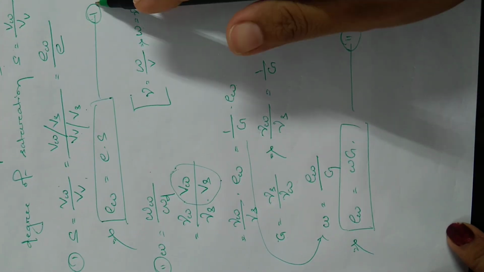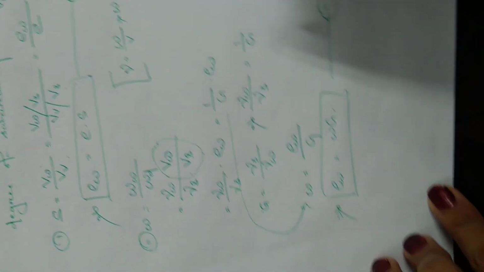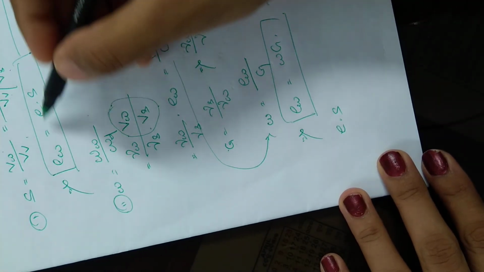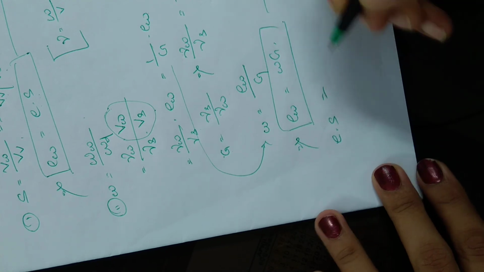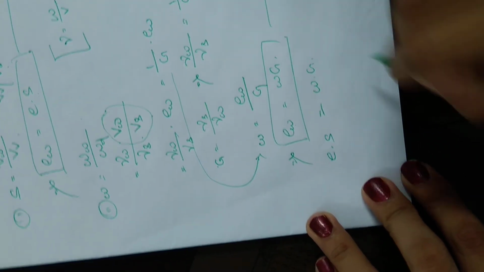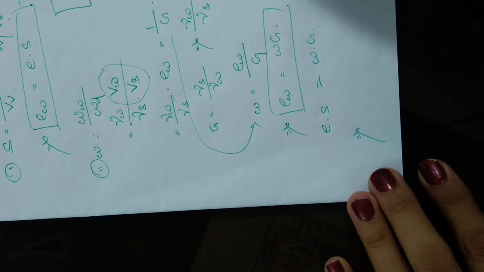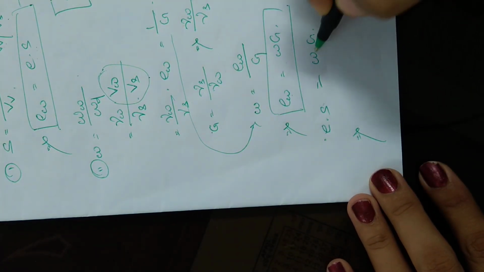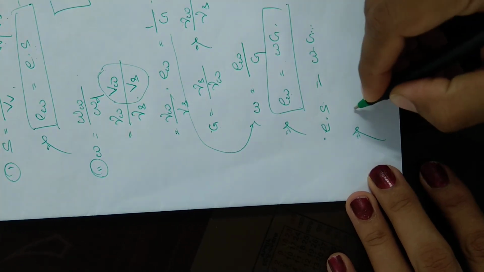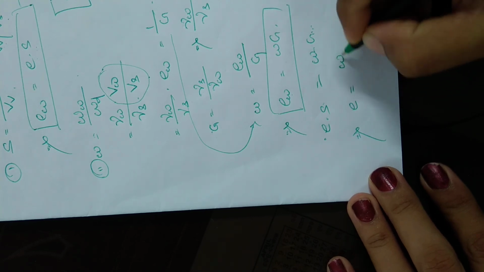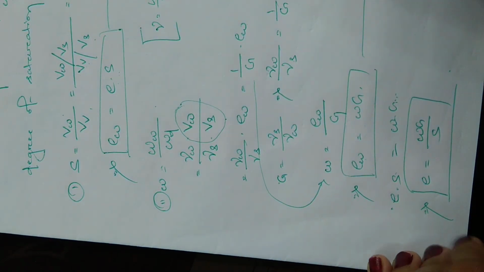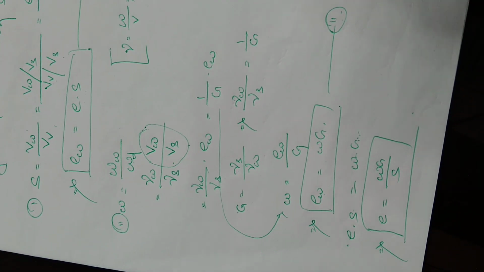From equation 1, EW is equal to E into S, and from equation 2, EW is also equal to W into G. So I have derived the relation between the required elements, that is E, S, W and G, which is E into S equal to W into G, and it is also expressed as E is equal to WG by S. This is my equation. So I have derived the required relation. Thank you.